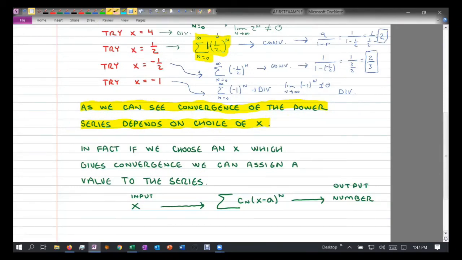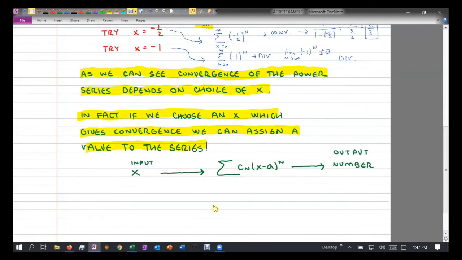In fact, if we choose an x which converges, we can assign a value to the series. So take a look at this little diagram I have. You give me an x, I do the power series of it. If it converges, that series is a number, isn't it? Does that look like something you've dealt with in your life before? Input, output? Functions, right? What we're saying is this series, this power series, maybe we can look at it as a function,